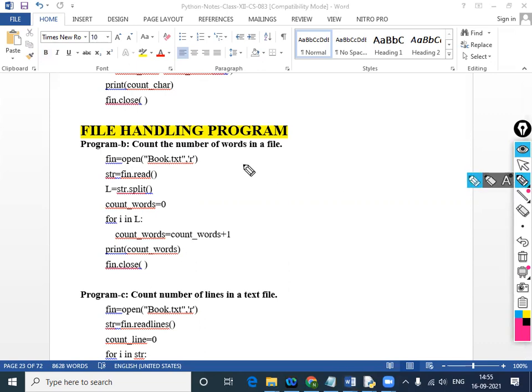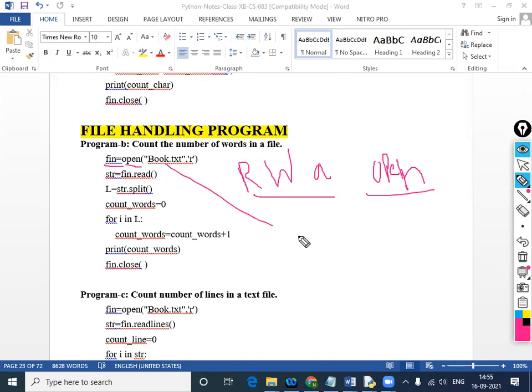Very first thing, whenever you are reading, writing or appending any file, always use the open function. This is the most important thing. So fin is the object, open is the function, and here is the file location, which file we are reading.